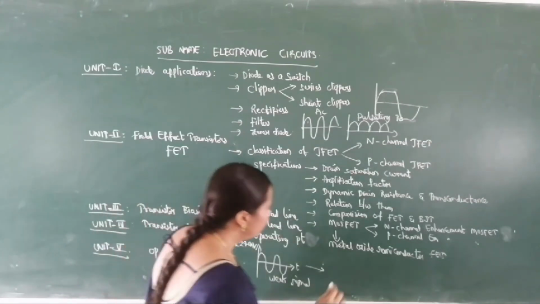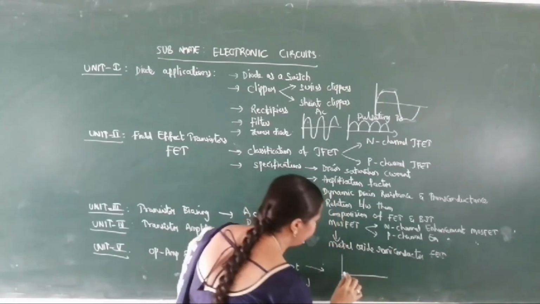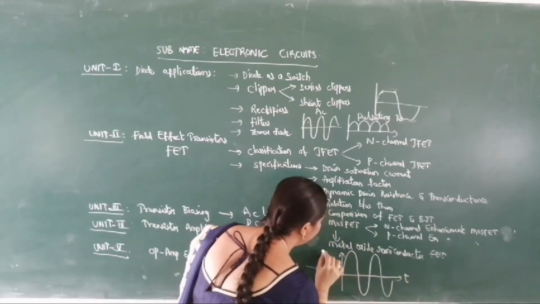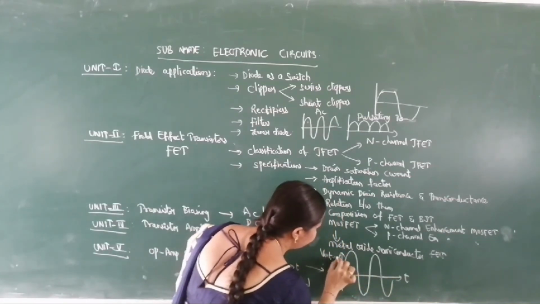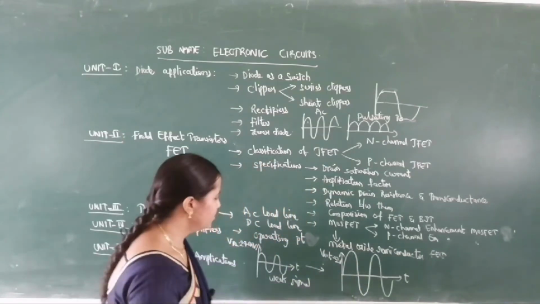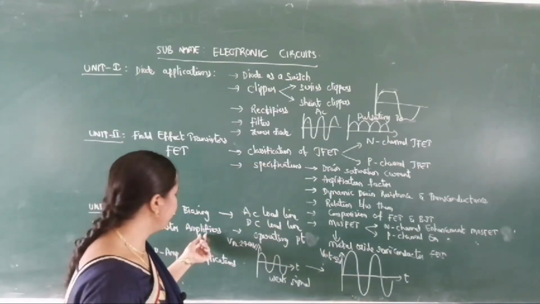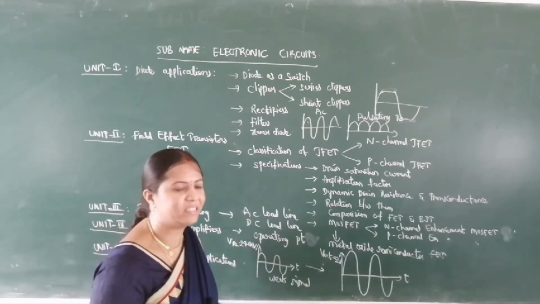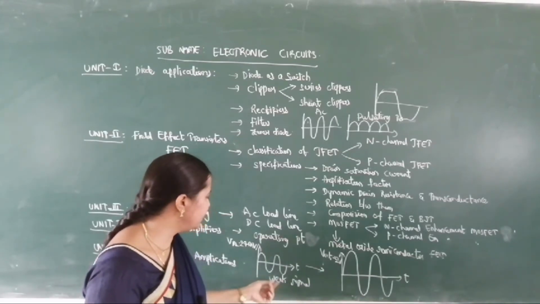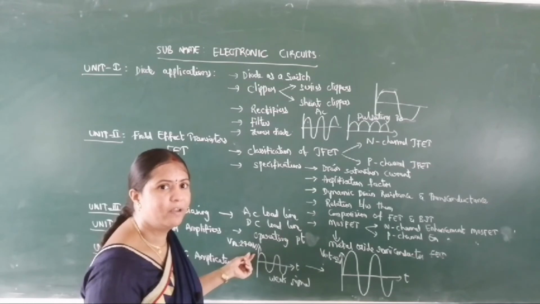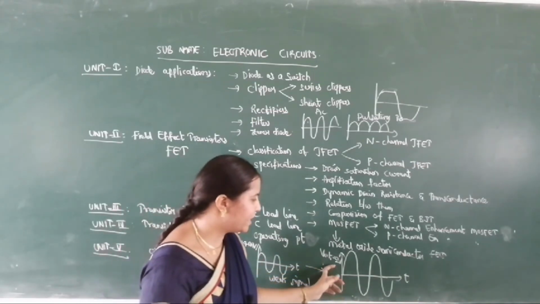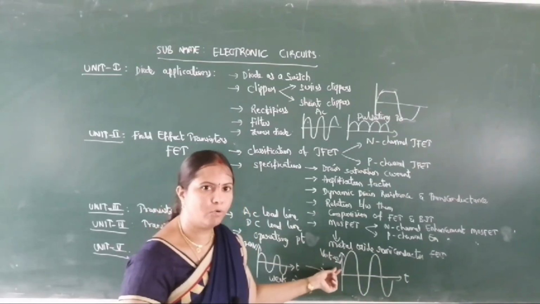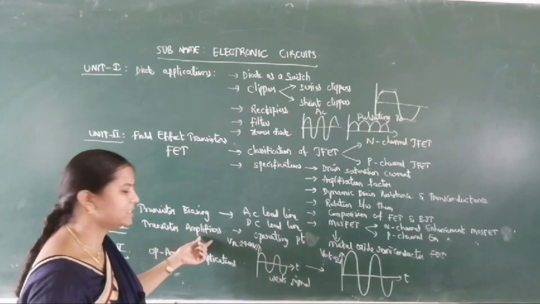At the output you are getting the strengthened signal, the voltage is increased. Then you will get the output voltage as either 2 volts or 4 volts or 5 volts. So that is how we define the amplifier. An amplifier is used to increase the strength of a weak signal. This is the weak signal of about 24 millivolts, which is very small, and at the output the voltage is increased, like 2 volts. So this is about the transistor amplifier definition.